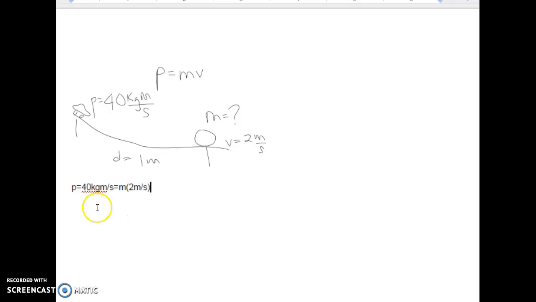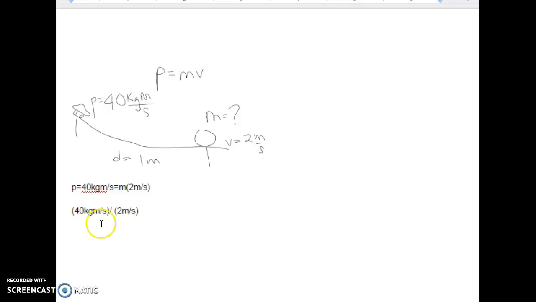Okay, so if we take this 40 kilogram meters per second and we divide both sides by these 2 meters per second,